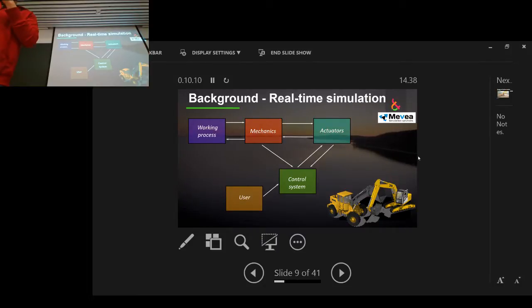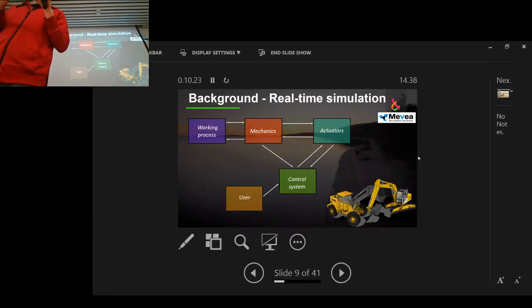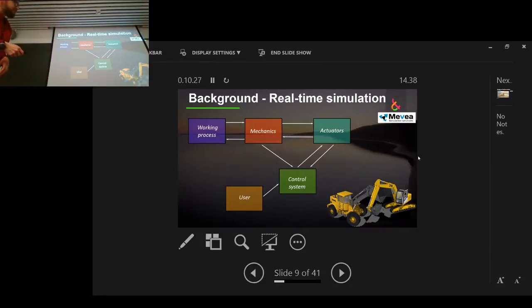Hammer. Okay, what else? Chainsaw, already have it, so hammer is in the list. But what else? Not many other machines. So it's very limited. Pretty much every machine in the market today consists of electronics. So that's why that component too is involved. So the working process really depends on your application.